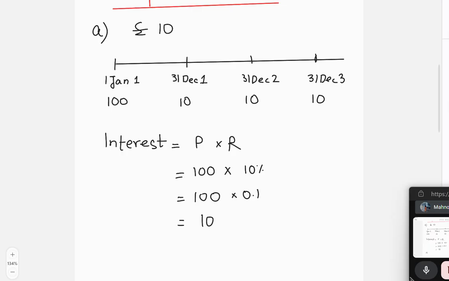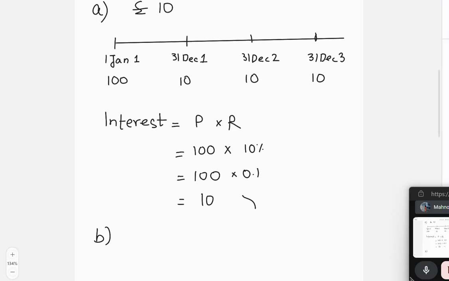So for part B, you can move on to this part. You have already worked out the annual interest, which is 10. You could just do 10 times 3. Or if you're working the question out from scratch, you could do that the total interest